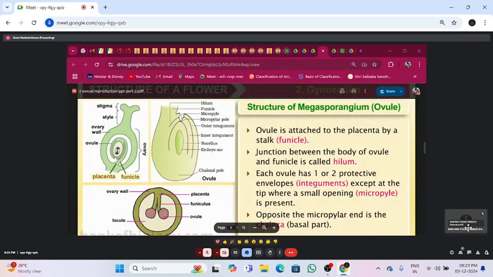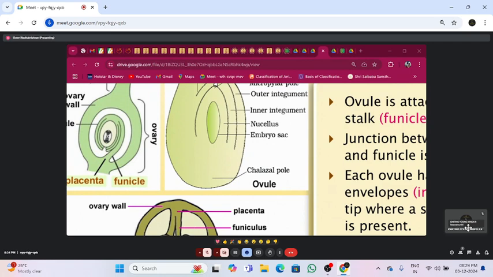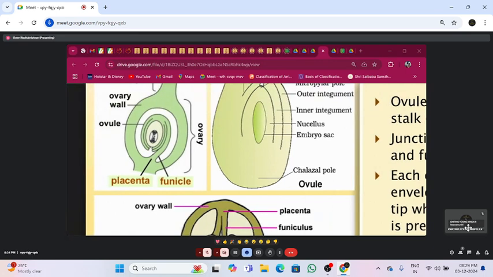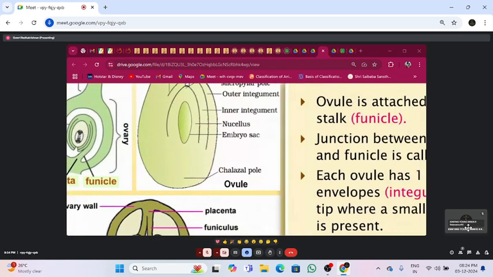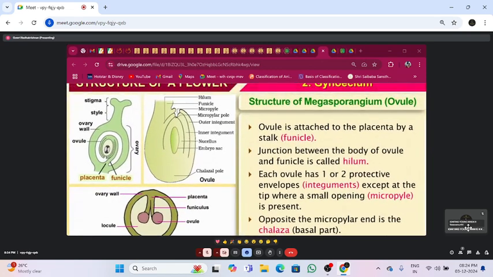The megasporangium or the ovule is attached to the placenta by a stalk, that is the funicle. Are you able to see the diagram? This is the funicle and this is the placenta. In the placenta, the ovule is attached, and it has two protective envelopes or integuments,